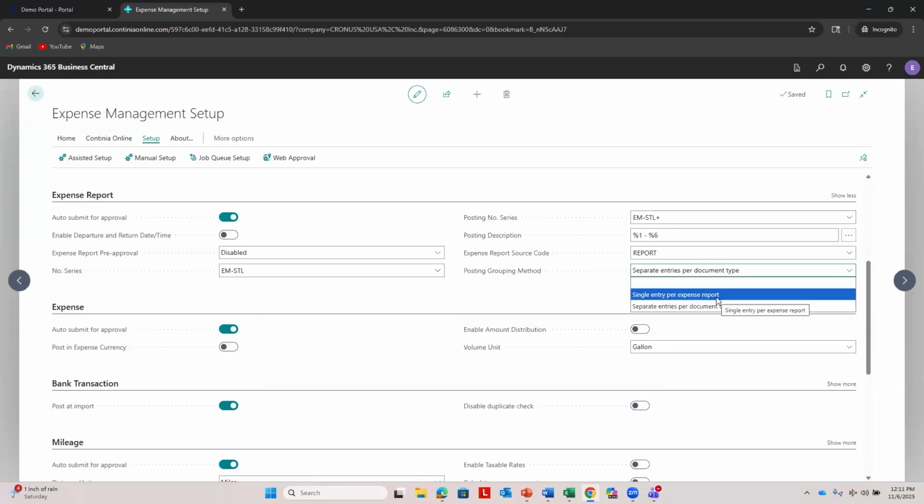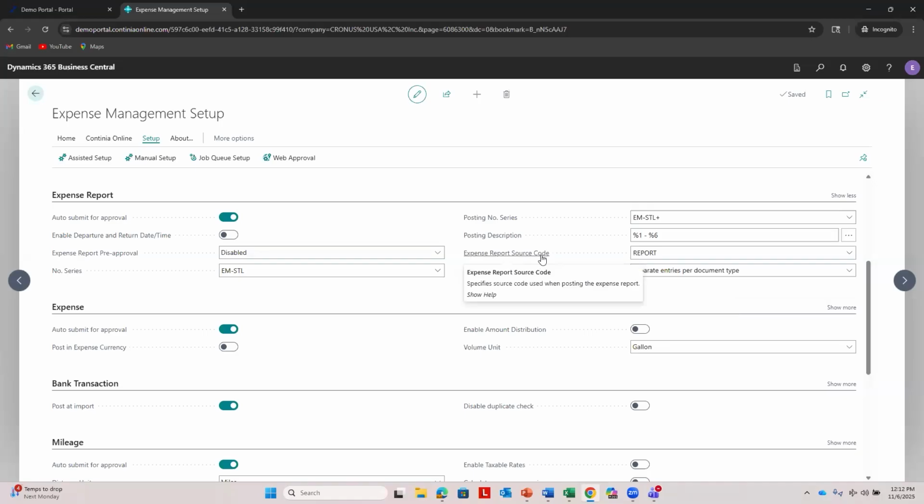Do they want a single entry for that expense report, the way it gets rolled up? Or do they want separate entries per document type? Maybe they want all mileages to be grouped together. Maybe they want all per diems to be grouped together in those entries for the expense report. Or do they just want it blank? They don't care about how it's grouped. So you might want to consider